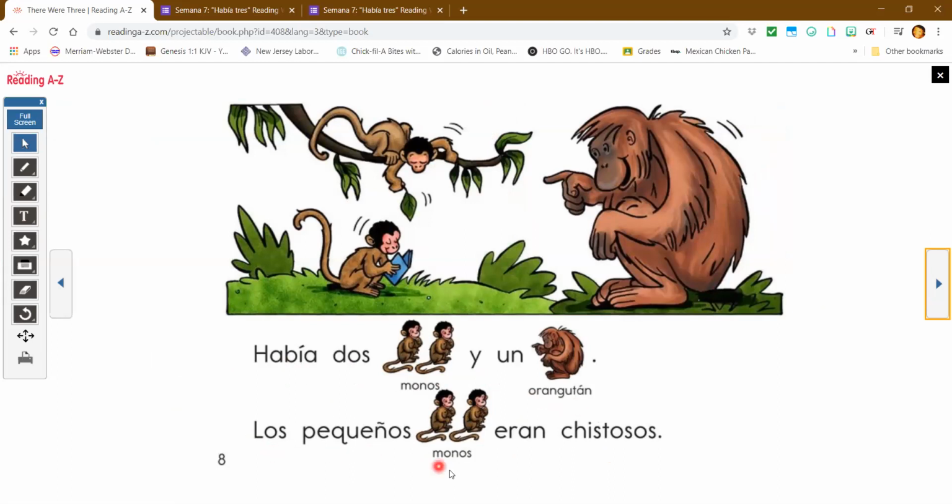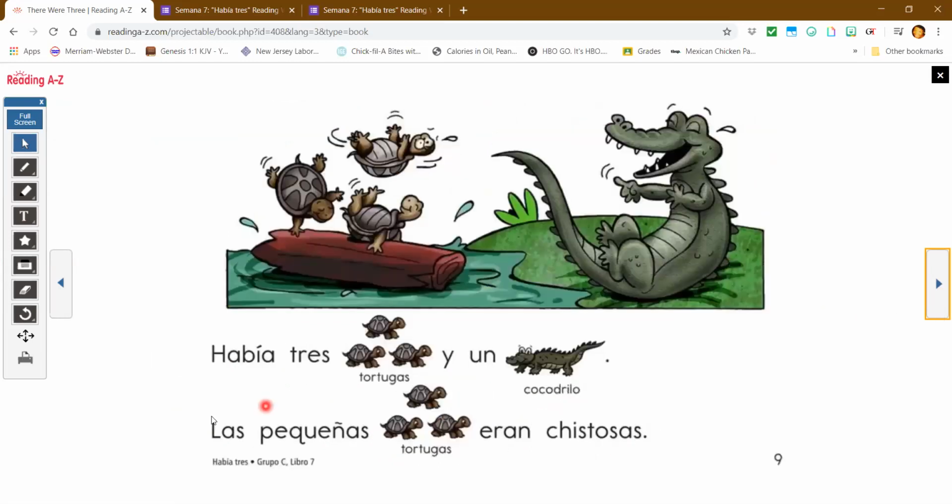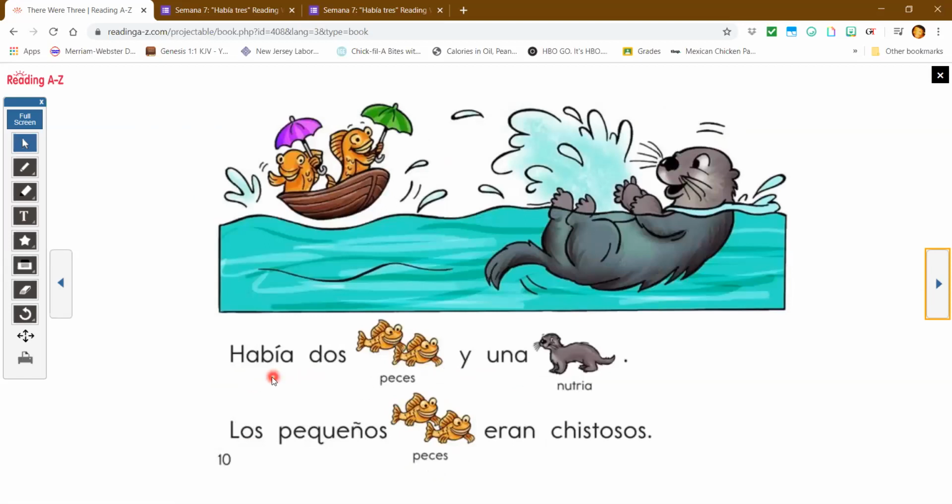The small monkeys were funny. There were 3 turtles and a crocodile. The small turtles were funny. There were 2 fish and an otter. The small fish were funny.